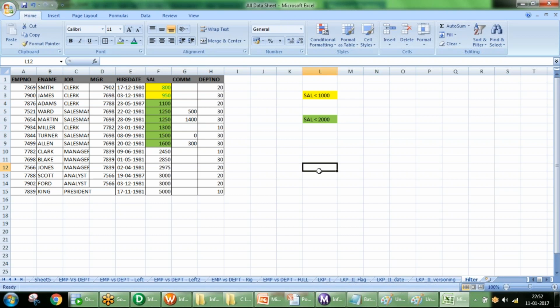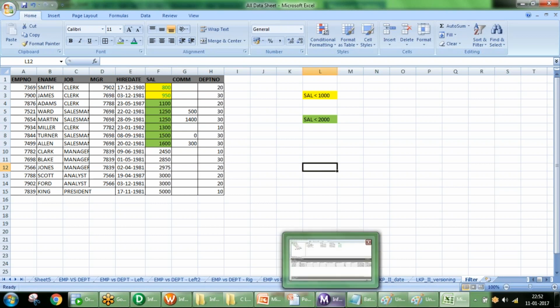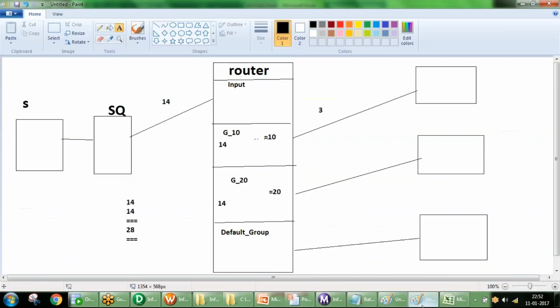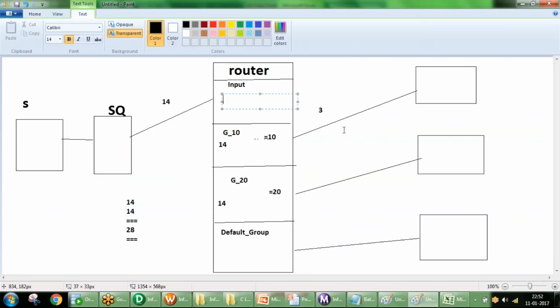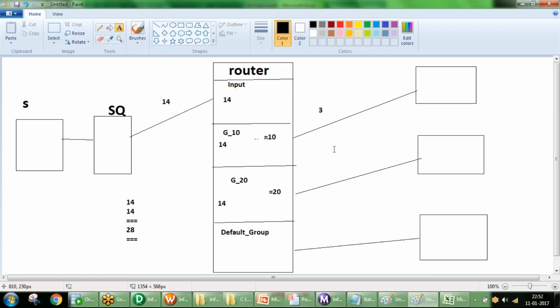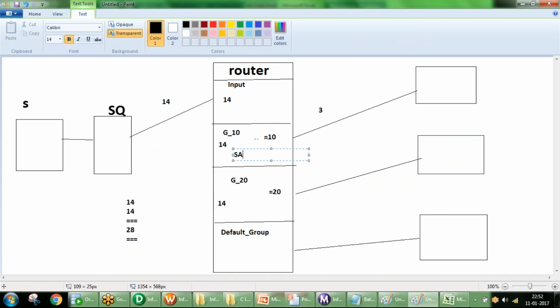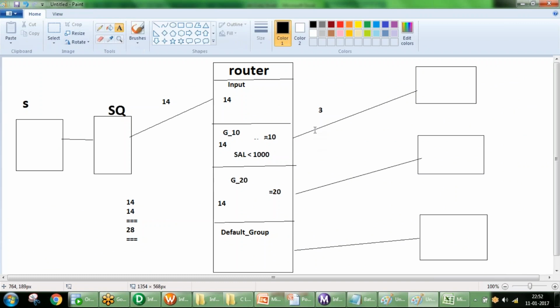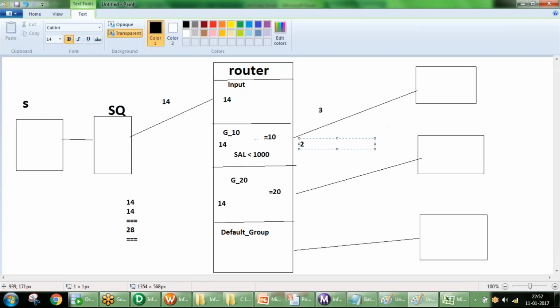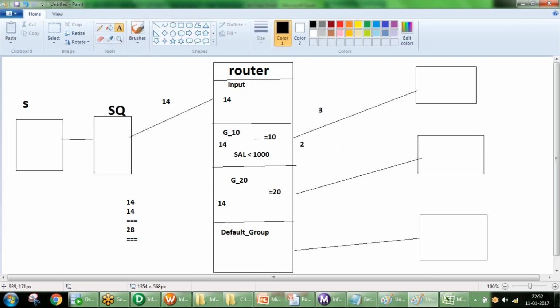Now, the interview question will be: you are getting 14 records into the input group, and your first group is going to process 14 records. Your condition is salary less than 1000. Based on this condition, maybe you are getting 2 records as output, right?